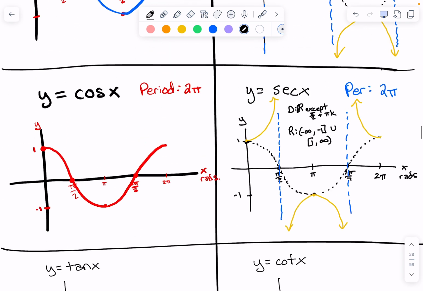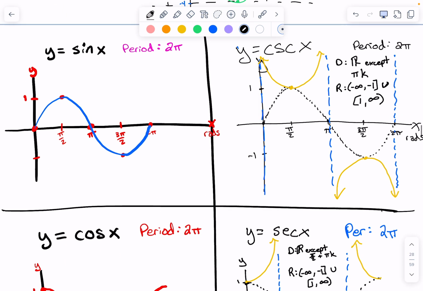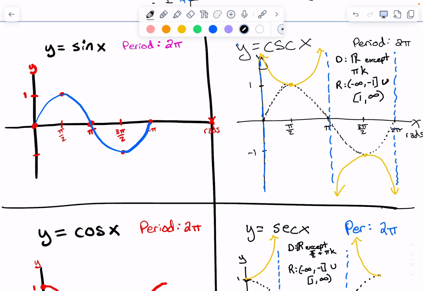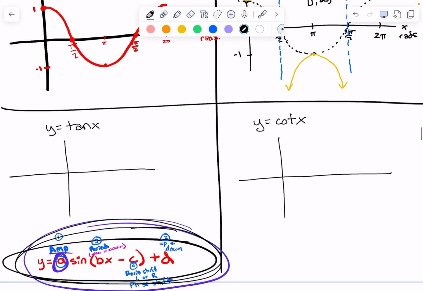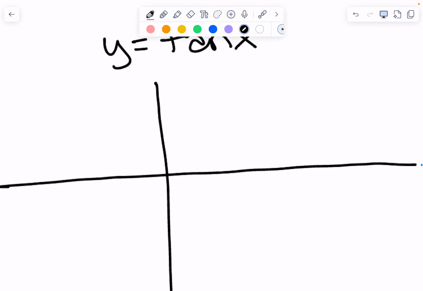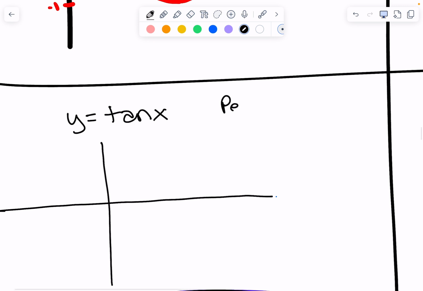All right. We know the relationship between sine and cosecant, right? They're just like the parabolas that are branching off of them. Same thing with cosine and secant. Tangent and cotangent have a little bit of a different relationship. Here's what tangent looks like. Ready? First and foremost, the period of tangent is